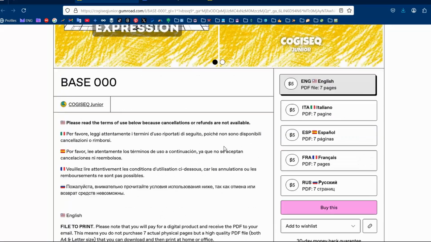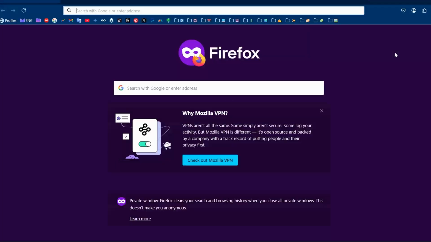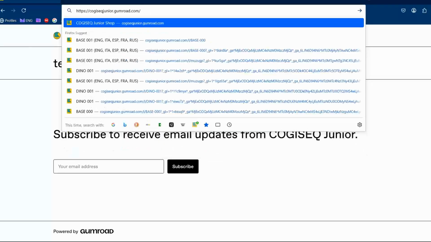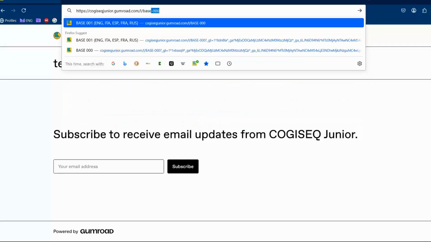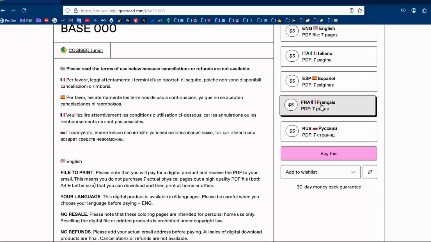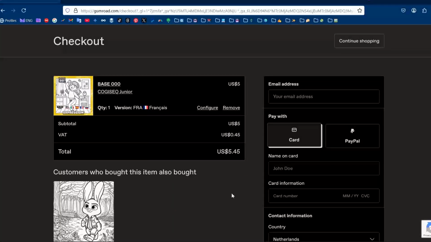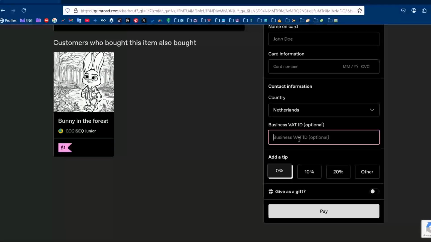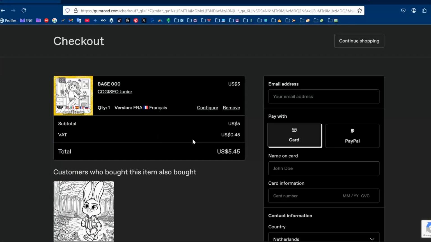For now, our listing is ready, and by the way, we can just try this, and let's add listing base 000. Here it is. Let's buy the French version. Buy this. So this is our information to get the file, right? Can add a tip. That's cool. And then